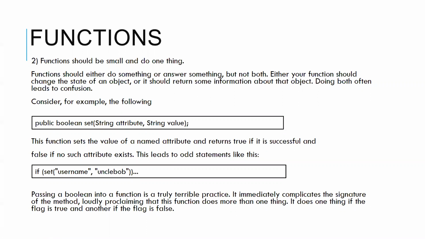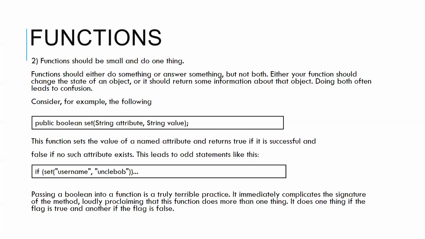Let's see that with an example. Now, if you look at the code public boolean set function, it actually accepts a string attribute and a string value. Now this function actually sets the value of a named attribute and returns true if it is successful and false if no such attribute exists. Now let's say this function is being used in an if statement, then just by looking at this code,